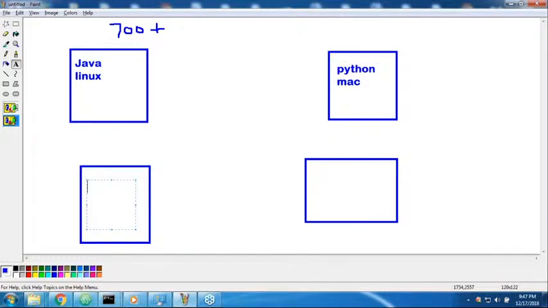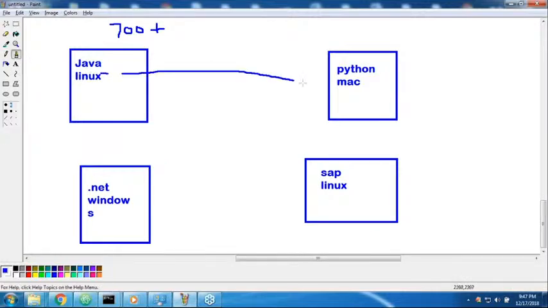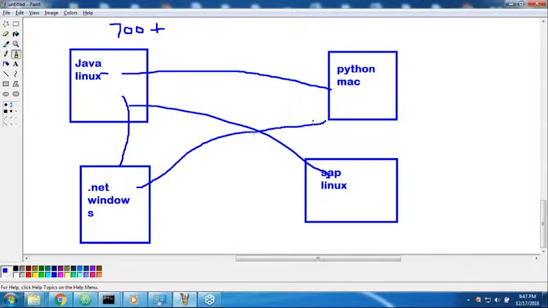Okay, a C# .NET application is there, which is running on Windows. Sir, now I have another application, maybe an SAP based application, which is running on Linux. Assume that, sir. Now this person can communicate with this person, this person can communicate with this person. Every person in the world can communicate with any other person,